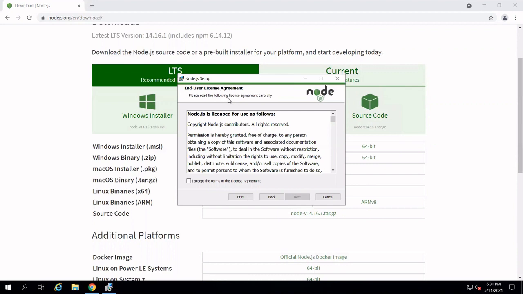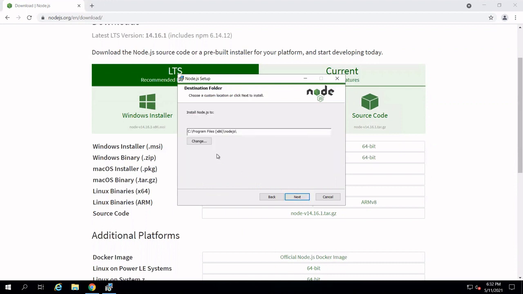Then we have to accept the terms and conditions which are required for the license agreement for Node.js. You can see here there is one checkbox at the bottom of this window. So click on that checkbox and then click on the next button. Then here it will give a default path on which your Node.js will get automatically installed.